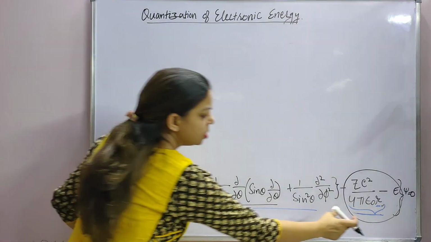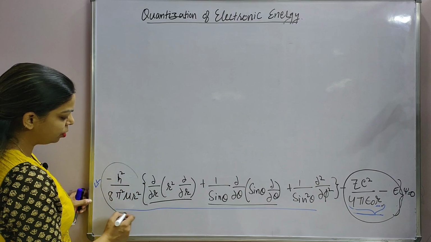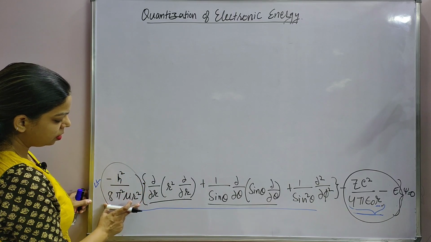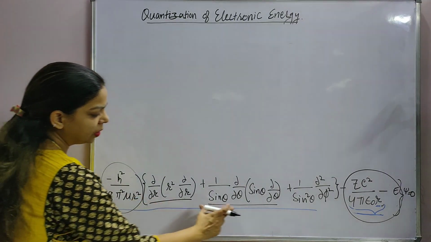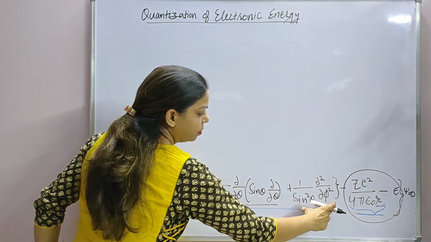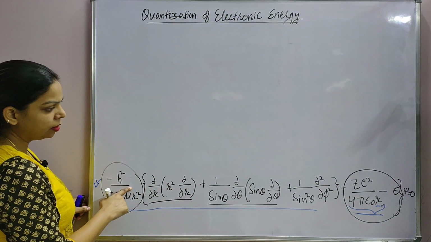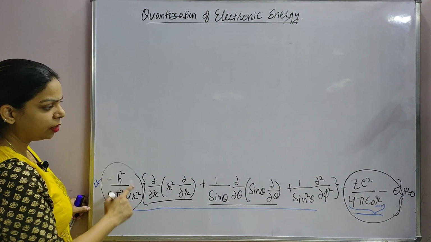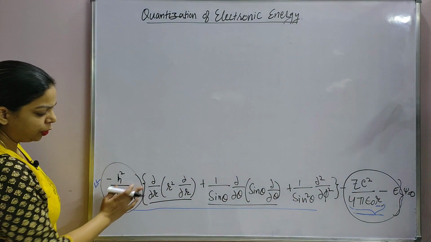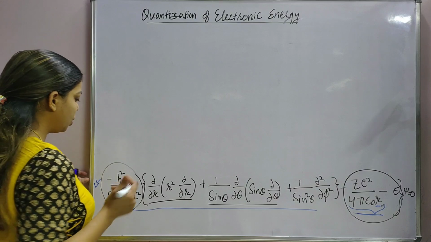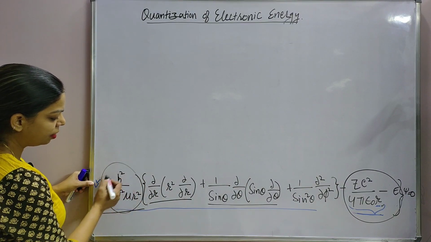Before combining this term with the r term, I must make this factor equal to 1, because this is the factor which has r square and it is being multiplied with the sin theta term and the phi term also. So I will divide this entire equation by this factor. The reverse of this factor will be added with these two terms, and the others will become free of this factor. So in the next step, I am dividing this entire term by this factor.